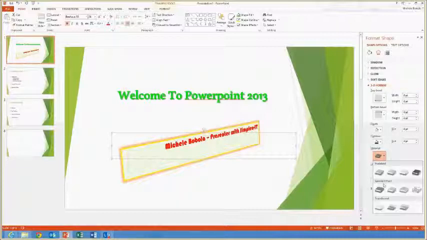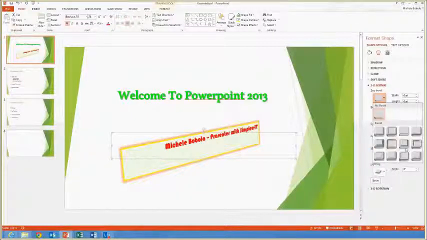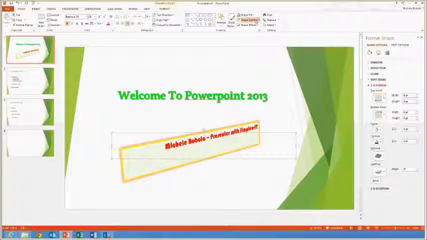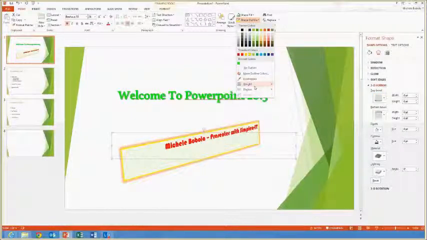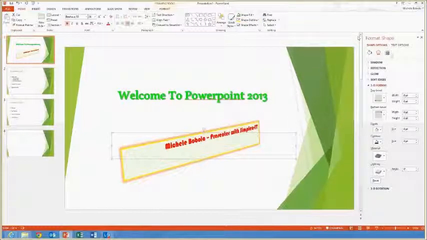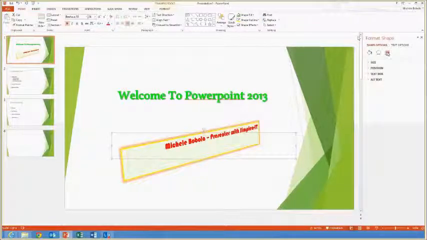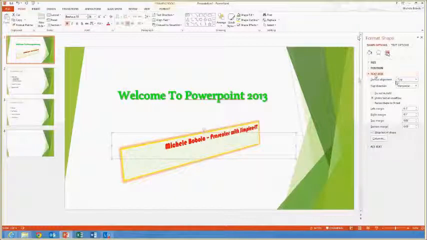The only difference about doing it here versus up here is that if you notice, as I hover over these, I don't get the live preview. I don't get what it's going to look like until I make the choice. Whereas up here, if I do it, I can get an idea of what it's going to look like when I make my choice. And then here I have my text box, so that you notice that my text is